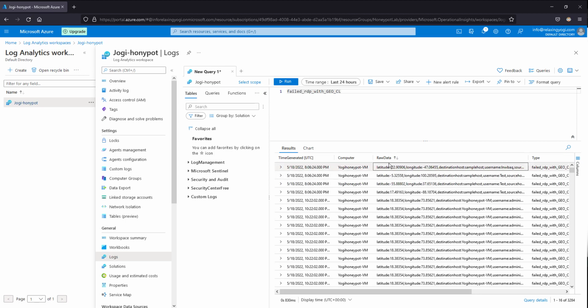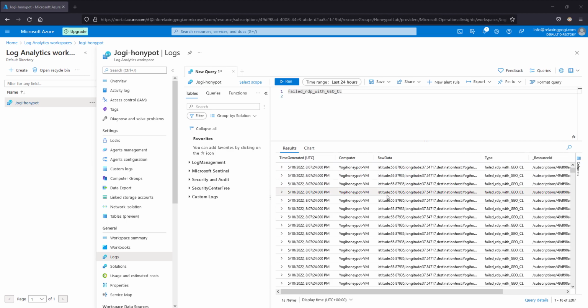We want a latitude column, a longitude column, destination, username. So we want separate columns. Right, so we're going to right click on any of these. We'll choose the first one,